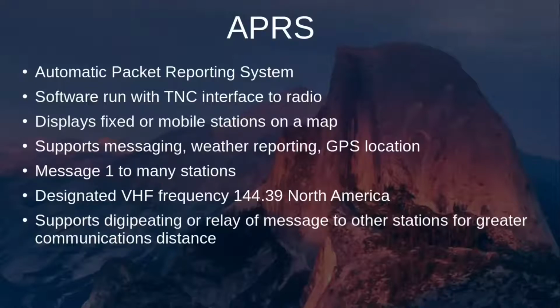So you can have a moving car, truck, or bicycle, or even yourself walking down the street with a handheld transceiver that has APRS incorporated into it. It supports messaging, it supports weather reporting, and also, as I mentioned, GPS location. So these stations can be utilized and display real-time weather information on a map. It could also be beneficial by being able to message from one station to many stations. So if you want information to be sent out to a very large group, as an example,